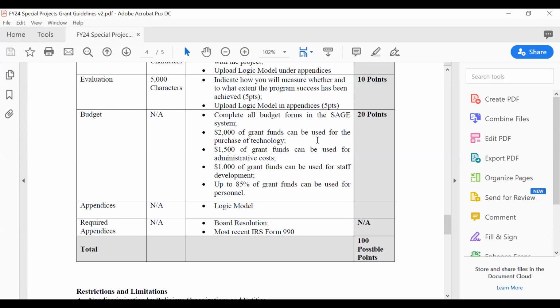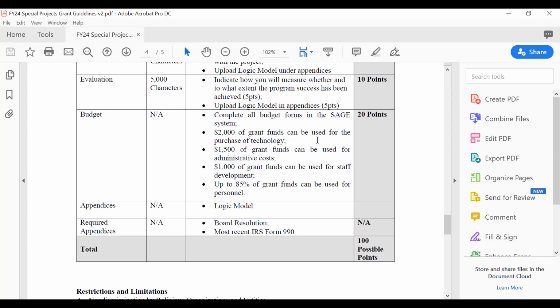And so I've always allowed organizations that get a grant from us to put money to the side for staff development. And I know it's a pain. I do it with my staff. And when you send them away, work doesn't happen, but they'll be much better for it when they come back. I'm telling you, 100%. Or you can use the total award, up to 85% of the grant, towards personnel.